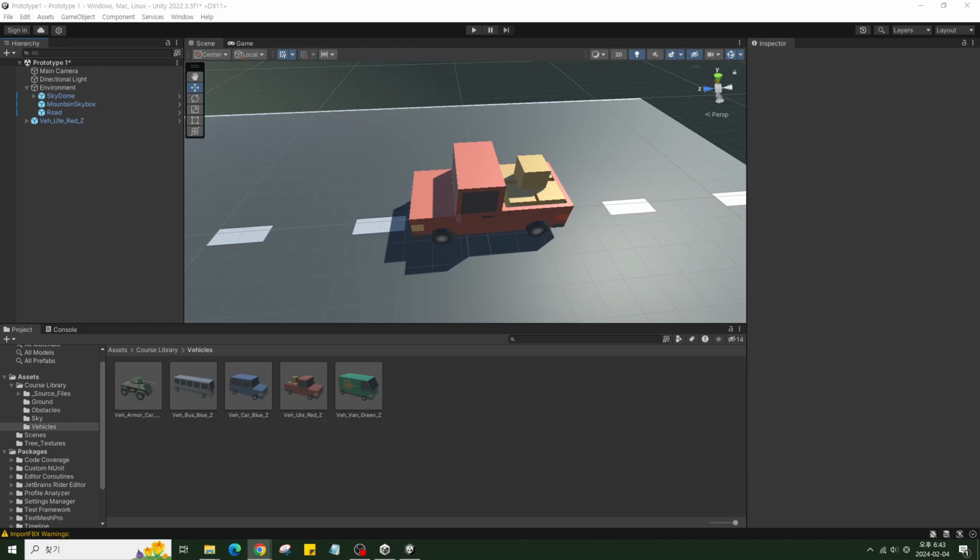Now, down in our project window, where we got our vehicles, we're going to make sure that we go to the sidebar, select our course library so that we can see all of the other folders inside of our course library. And then we're going to go to the obstacles folder and double click. And you can see here we have all of these different options that we can select from. I'm going to choose this crate because our truck actually has some boxes on it, so it looks kind of